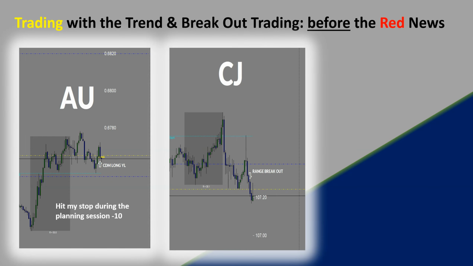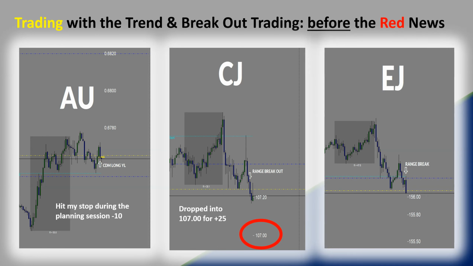The next trade I took was a range breakout, and you can see right here, this was the range. You can see the ranging price action up and down, no real trend yet. And here was the break, a great break on this trade. This trade ended up doing really well. It dropped into 107, actually went below it, and I was able to get out of this trade for 25 pips. Now remember, I have to take all these trades off before that 10 a.m. red news,